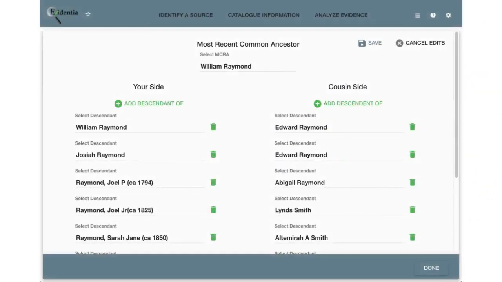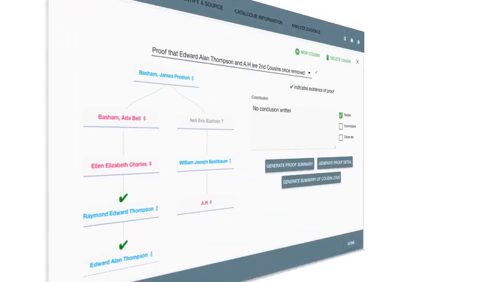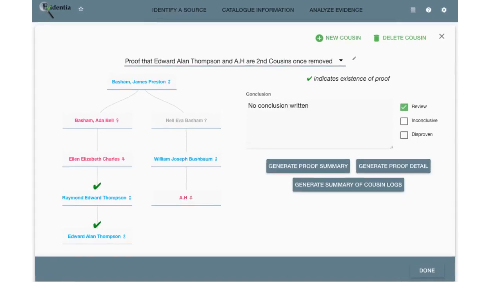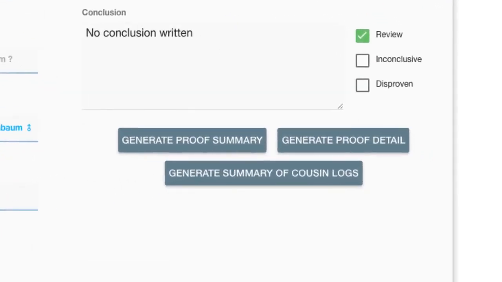In previous cousin tracker tutorials, I demonstrated how you can create a possibility tree for the cousin tracker and showed you the tools available to you on the main cousin tracker screen. In this tutorial, I want to show you the reports Evidentia has available that can help you in your cousin-related